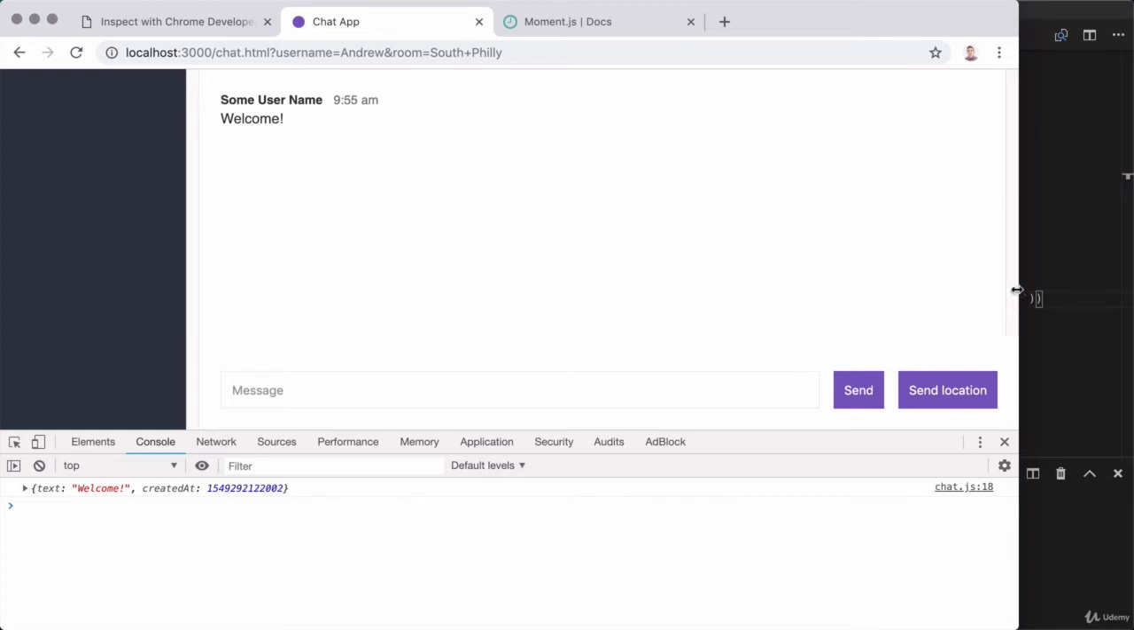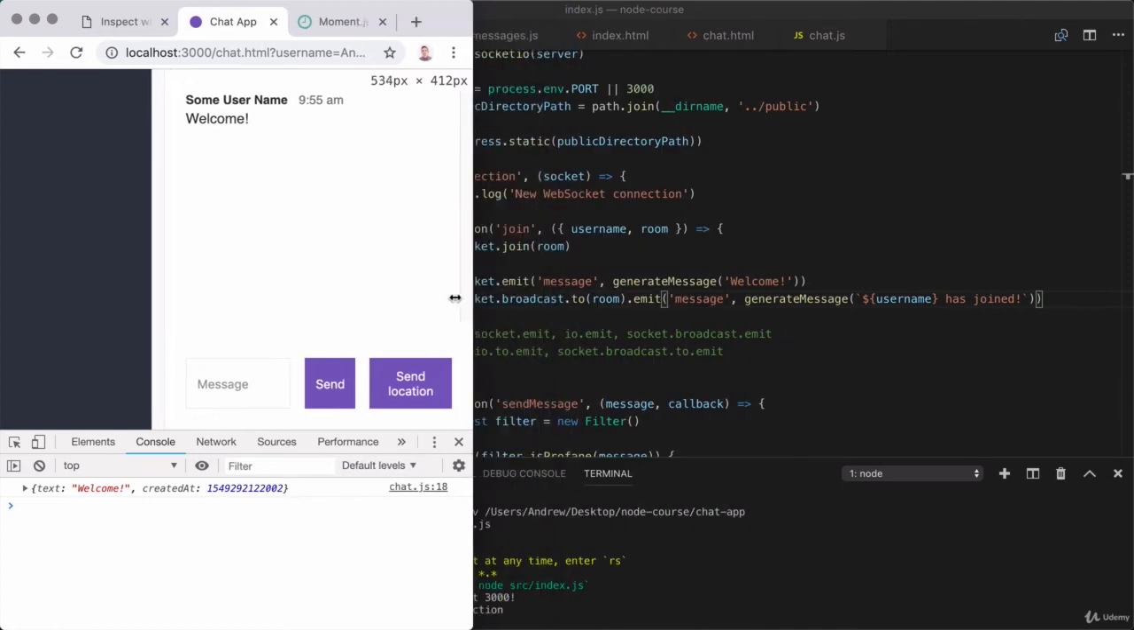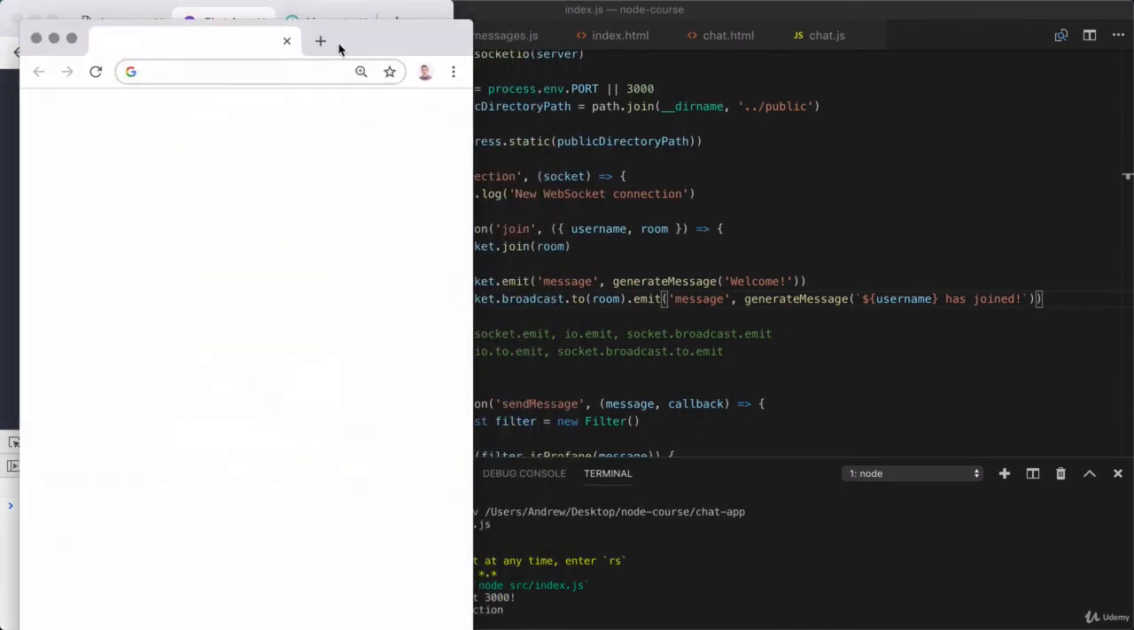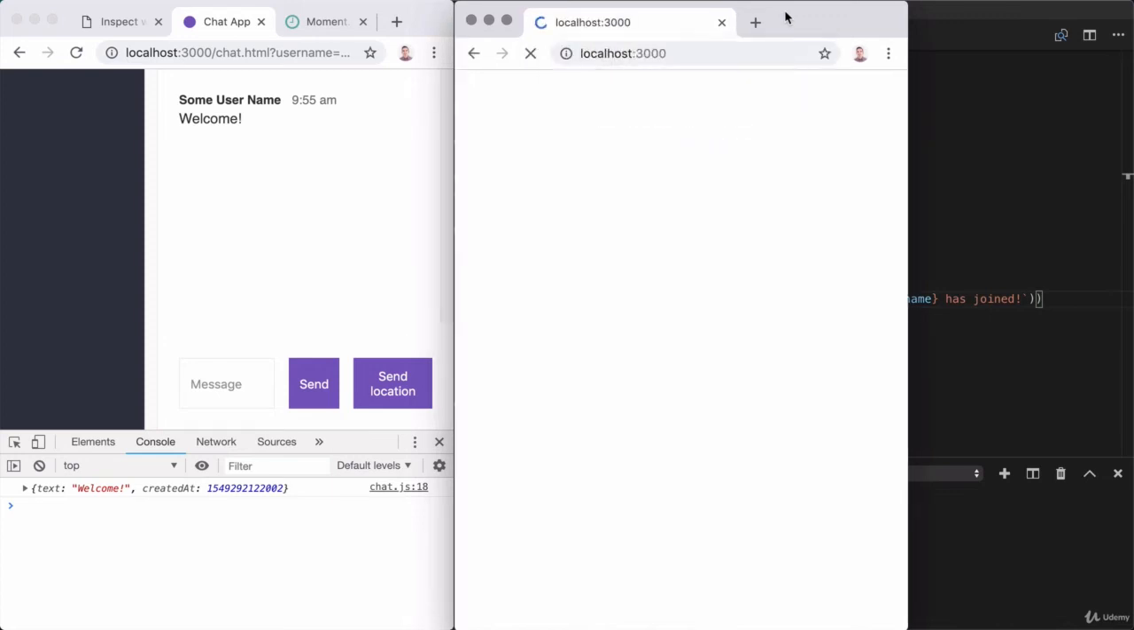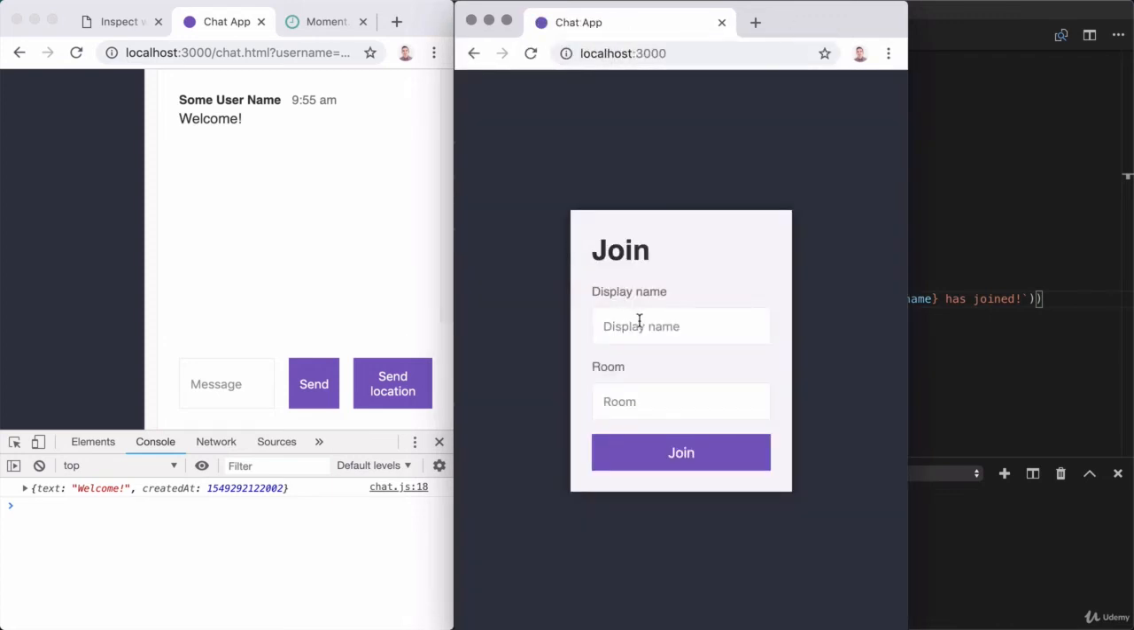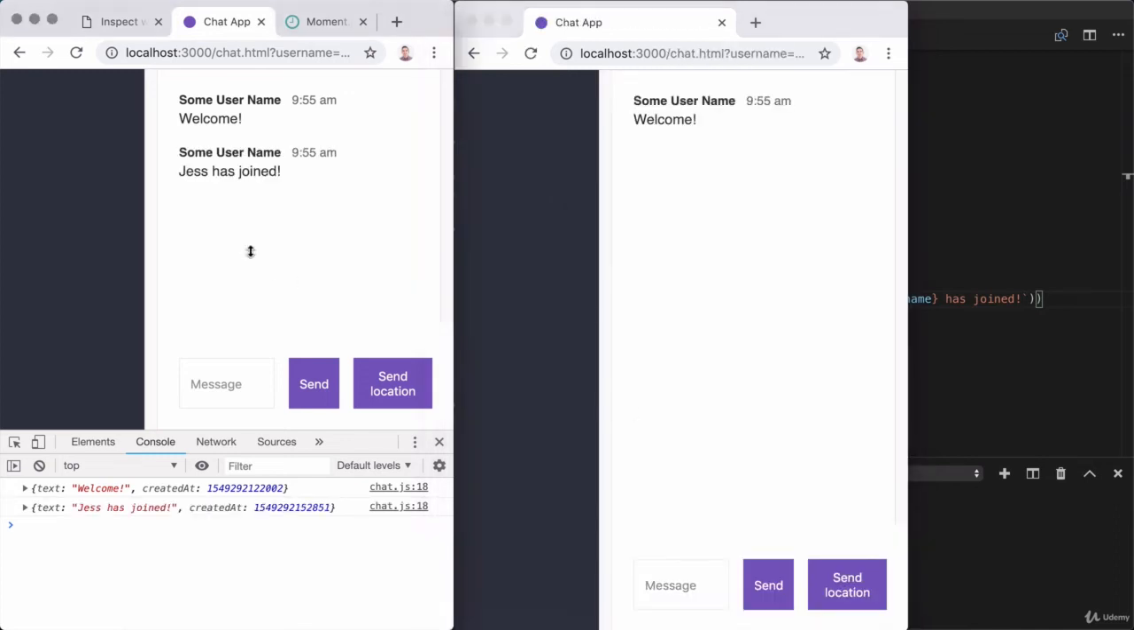Right here, let's go ahead and narrow that browser window so we can open up our application twice side by side. And over here, we're just going to crack open localhost 3000 another time. This time, we're going to have another user like Jess join that exact same room. So right here, I'm going to have her join South Philly, typed out exactly like I had done for Andrew earlier. And when she joins, Andrew gets that message saying Jess has joined